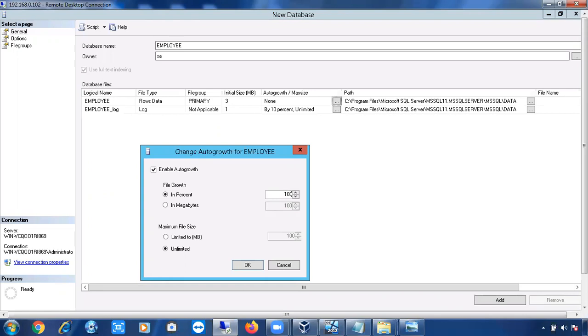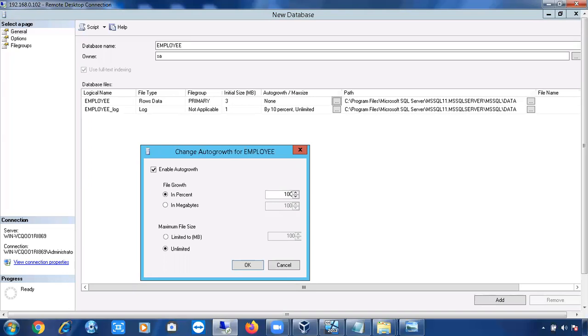I guess you all know calculations, very simple maths. 100% of 3 MB means 3 MB plus 3 MB. What is the new file size? 6 MB. So now 6 MB is the file size.